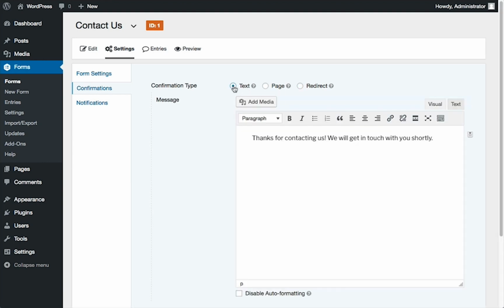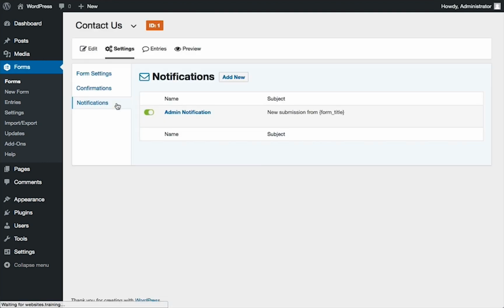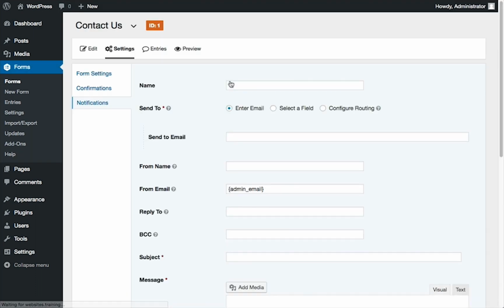Finally, let's look at notifications. You can customize the notification email that you receive when a user has submitted the form. The name is the name of the notification. You can have more than one type of notification. Send to can either be an email, usually the admin email of the website, or you can select a field